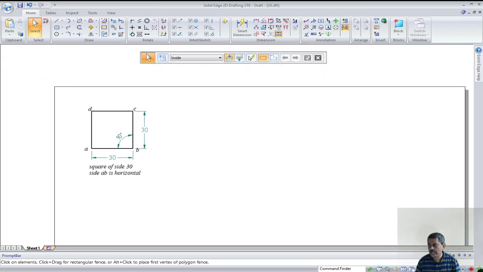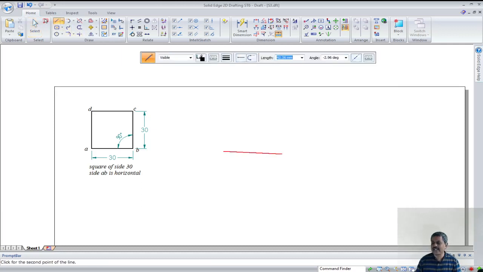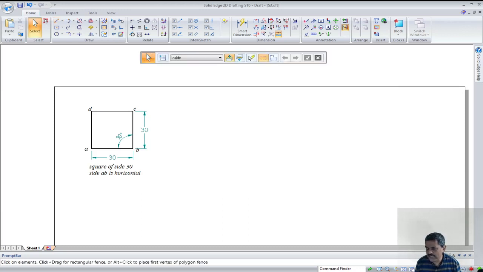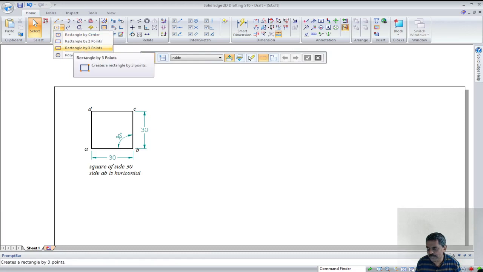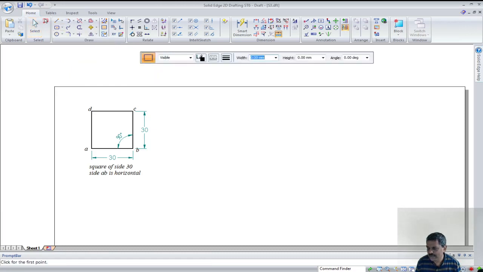Okay. Now, how to draw a square at 45 degree? These are fundamental. What I am teaching now will be very useful later in projection of plane surfaces. Otherwise we won't be teaching you this. So now how to create that? You simply create what you want, like creating a square at normal condition. But instead of line, can I use some other command? I can always use some other command like rectangle by 3-point method. Because in rectangle, if you make adjacent sides equal, then it will automatically become not a rectangle but a square.